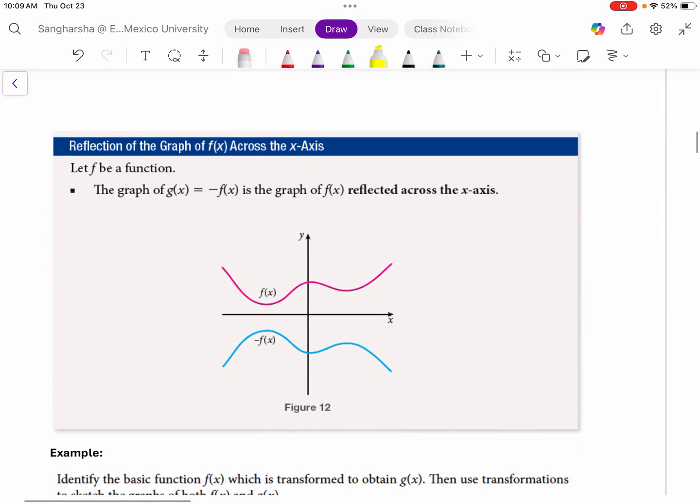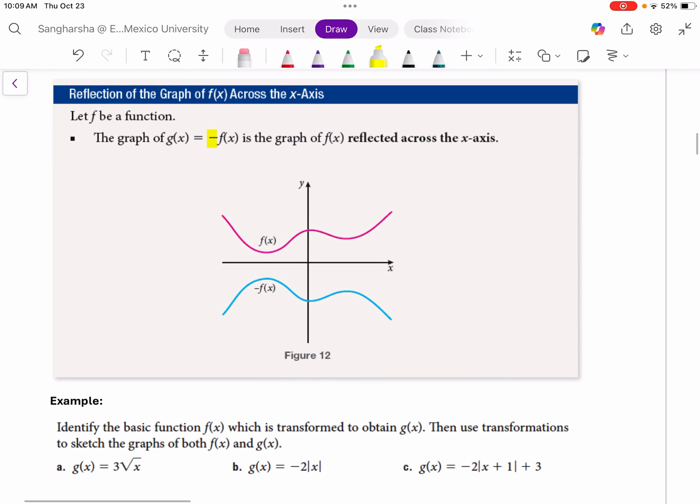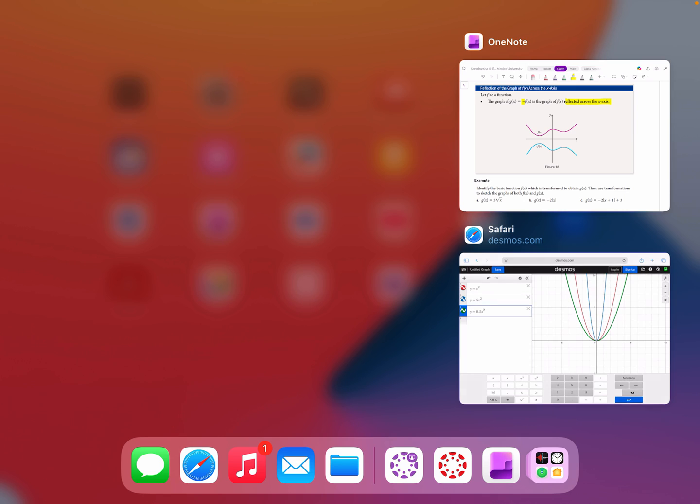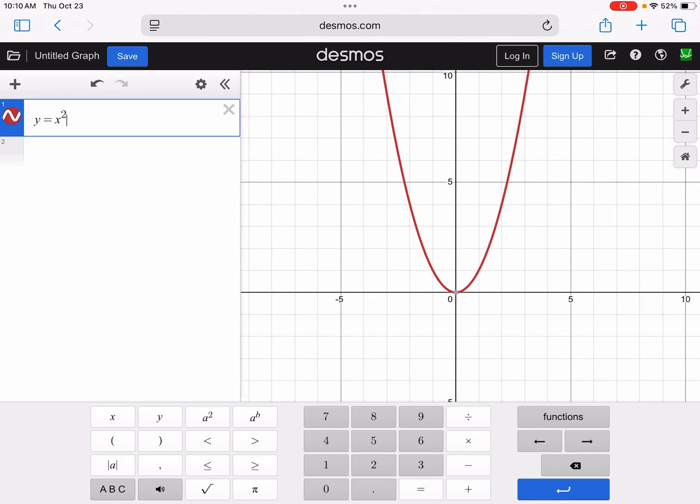Okay, next here we have a function. If we multiply our function by a negative, then the graph is reflected across the x-axis. Now let's see in the graph here. So we have a function. We have this basic function, and if you multiply this function by a negative,